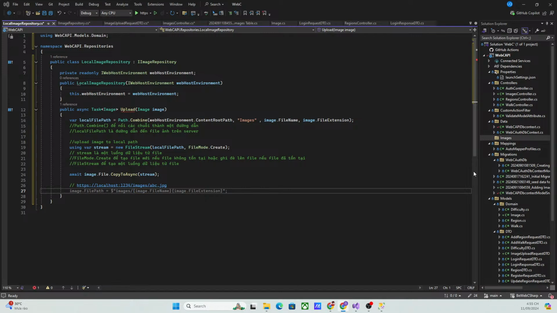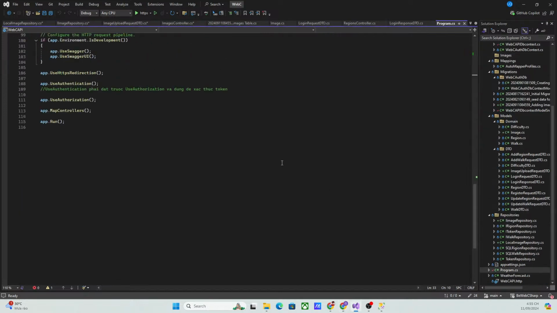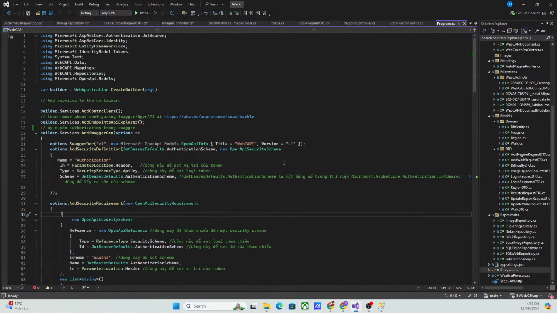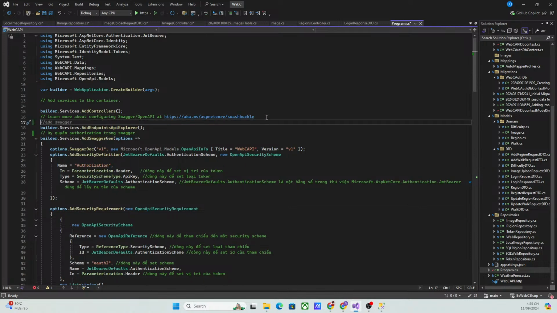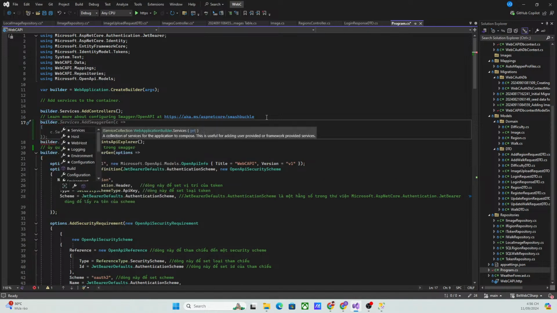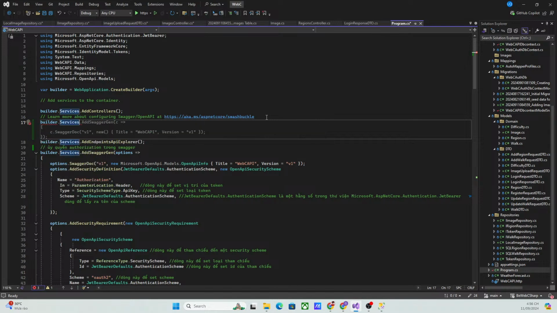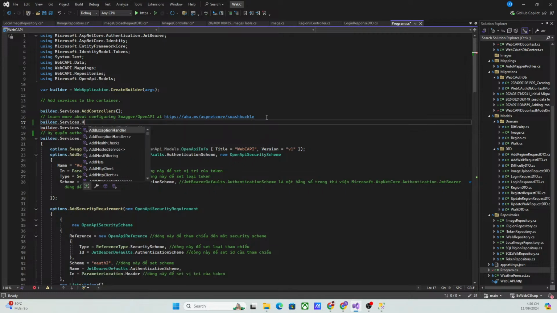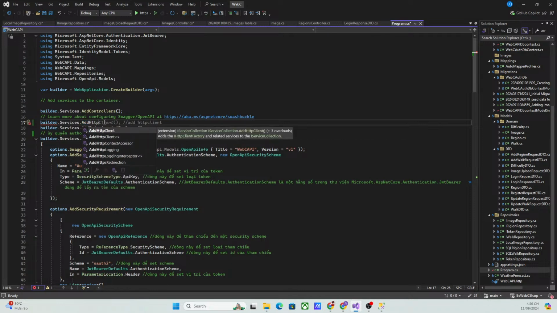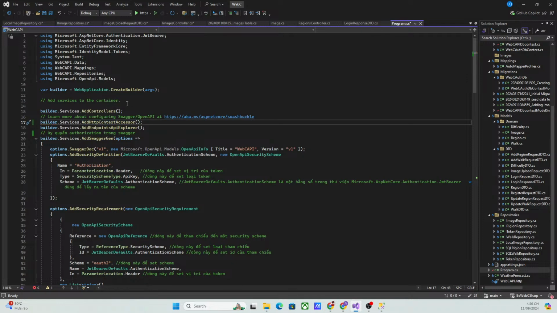So builder.services.AddHttpContextAccessor, and we are injecting this inside the services so that we are able to consume it inside our repository. So let's inject this